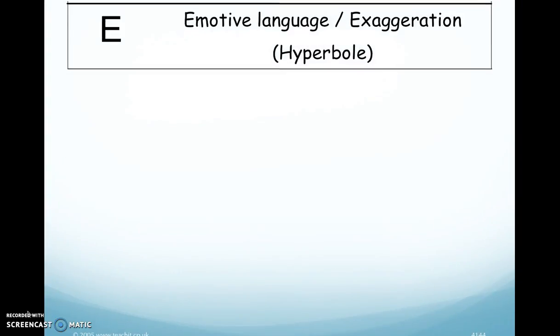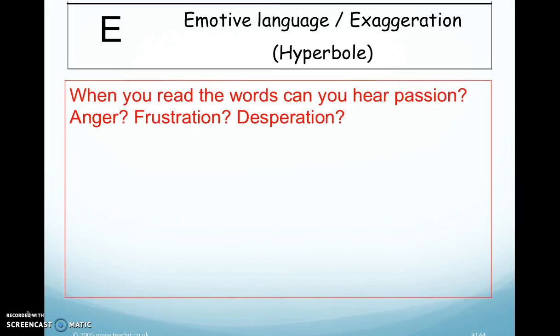E also stands for two different things: emotive language and exaggeration, for which the formal term is hyperbole. So emotive language is using words that are specifically designed to key into people's emotions. They're words that can be quite controversial sometimes, and they're words that are sort of like buzzwords that have an inbuilt emotional response to them, that everybody's kind of conditioned to respond in a